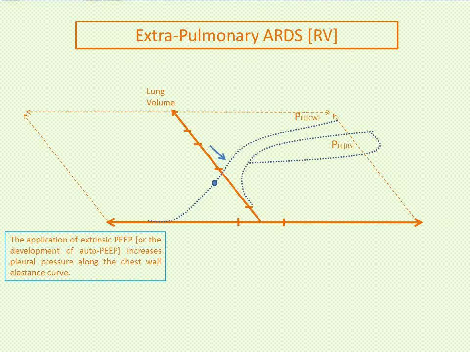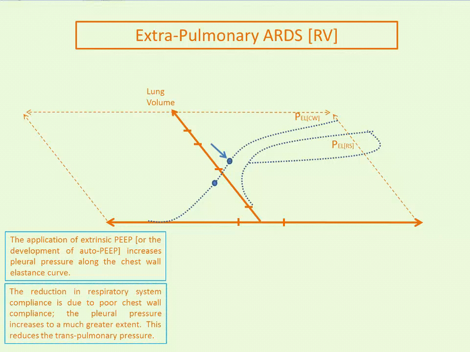So running through what an application of PEEP would be, your pleural pressure increases to a greater extent than in the pulmonary ARDS patients, because the impaired chest wall compliance tends to transmit or tends to increase the pleural pressure to a greater extent. So your pleural pressure would increase, and then the application of a positive pressure breath on top of that would increase your pleural pressure transiently even more, and despite there being a much lower transpulmonary pressure